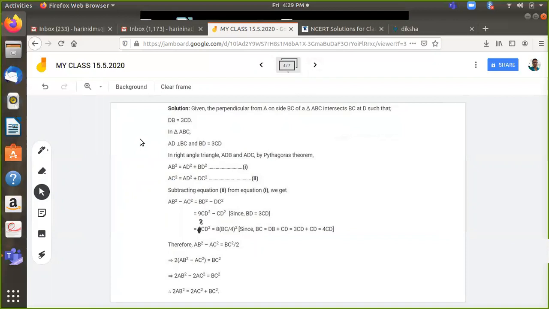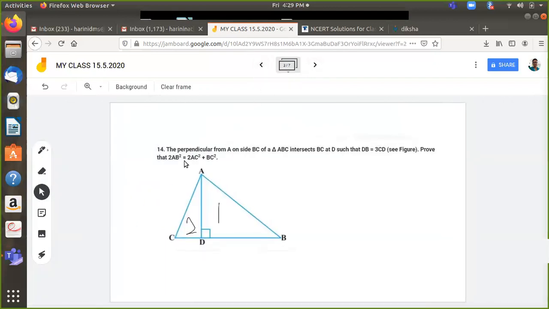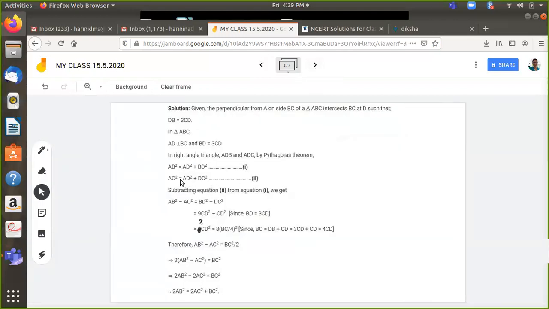Now because we need, what did we need? We needed an AB square, AC square and a BC square. So AC and AB we are able to get. So I got it from two of those right triangles. So I have two equations. Now I will subtract the two equations. Why subtract? Because I know I want AB in terms of AC. So when I subtract this, the right hand sides also get subtracted. So I get BD square minus DC square is what is going to remain because this will get eliminated in both the equations because I'm subtracting them.